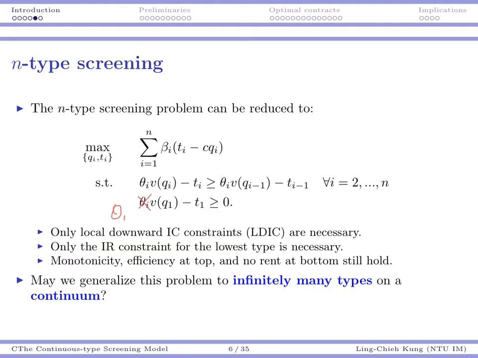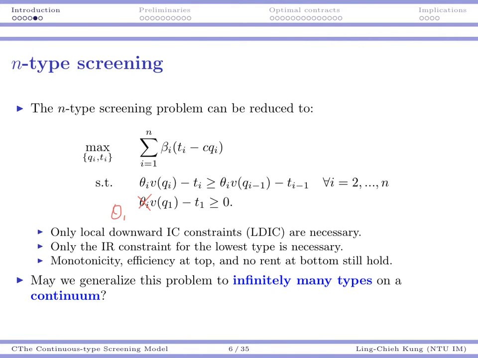You also only need local IC because if you can prevent 3 from pretending to be 2, prevent 2 from pretending to be 1, then with some very naive derivations, you can show that 3 would also have no incentive to pretend to be 1. For IR, it's the same thing. If you have a chance to lie, you have the threat to lie, then you receive some information rent. That happens as long as you are not of the lowest type. Okay? So only the lowest type would be bounded below by an IR constraint,